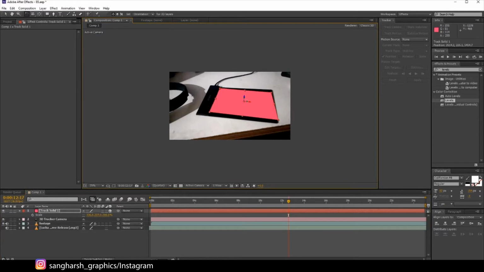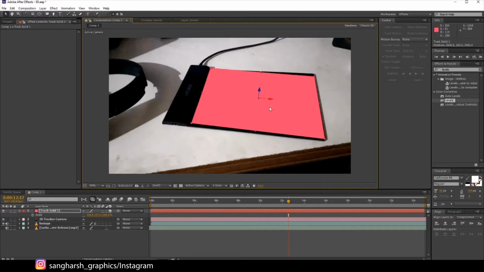Press W to rotate. Just be sure it matches perfectly. Just keep changing the positions so that it will match perfectly.